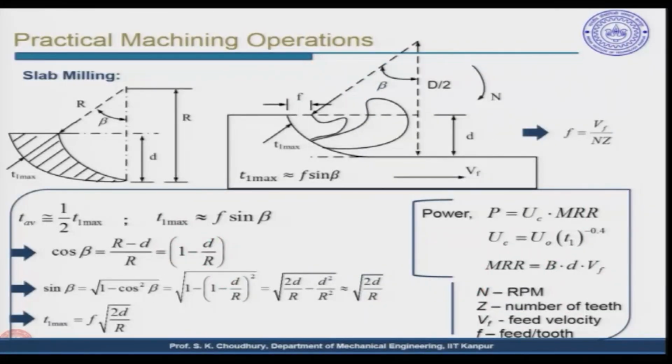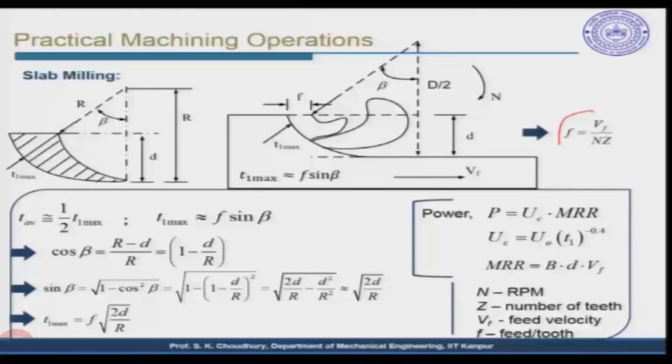Now, in case of practical machining operations of slab milling, it is a little different from the other processes, because in case of drill we had 2 teeth, in case of single point cutting tool we had 1 tooth, and in case of milling it is more than 2, it is multiple. So, the basic difference is that the feed which is given is feed per tooth. Okay. So, per tooth the feed given is f, and this is equal to Vf divided by n into